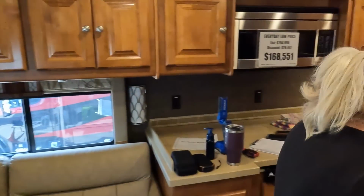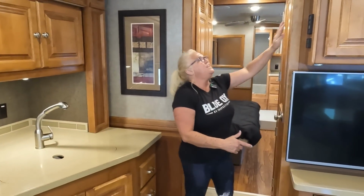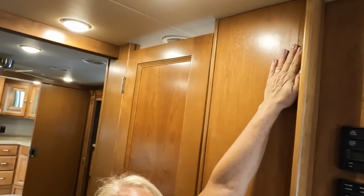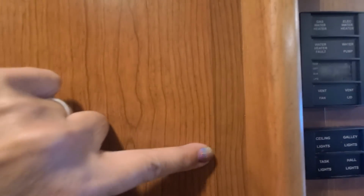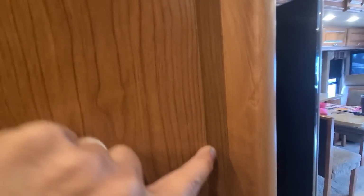So then when we're coming over here, we talked about the loose trim on the slides, but did I tell you about this wall right here? It's really flat at the top, and I'm just going to let you see for yourself what I found. This wall is the outside of the bathroom. And right here, it's nice and flat. You can see it's flat, but as I go down this wall, it starts to curve and round in, and this is cracked and bumped. And it gets worse as we go down the wall and get to the bottom,